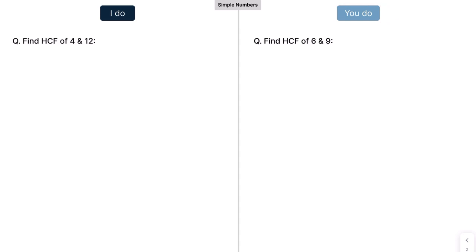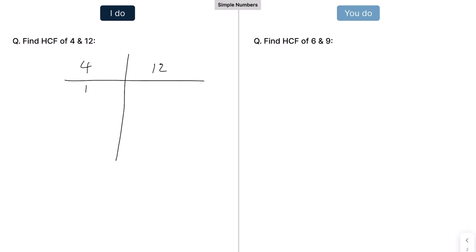So question 1, how to find the highest common factor of 4 and 12. Firstly, what does HCF mean? H is the highest, C is common, so common just means the same, and factor is all the numbers that it's divisible by. So for example, the factors of 4 and 12, if you list them out, the factors of